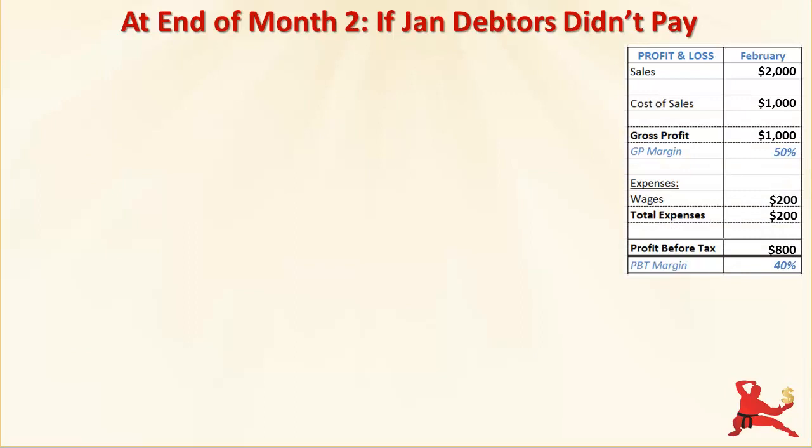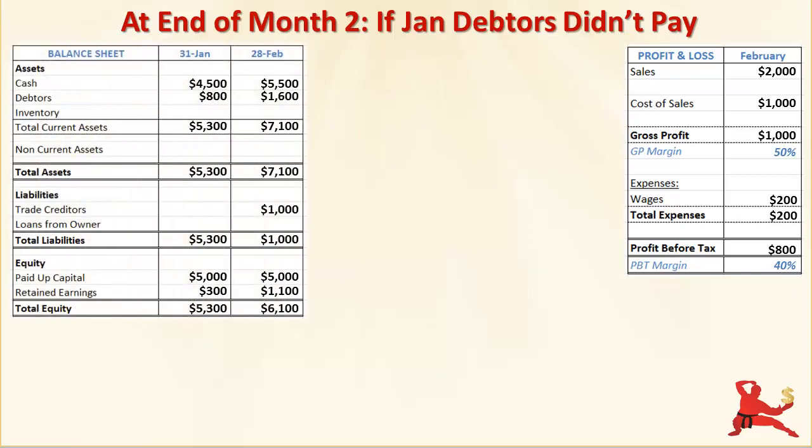Now, let's consider a different scenario for February. What if none of your January debtors paid you during February? Your profit and loss doesn't change, but there's a big impact on your balance sheet and your cash flow. First, your balance sheet. You still have $7,100 in total assets, but the composition of the total assets is quite different. Your cash is now